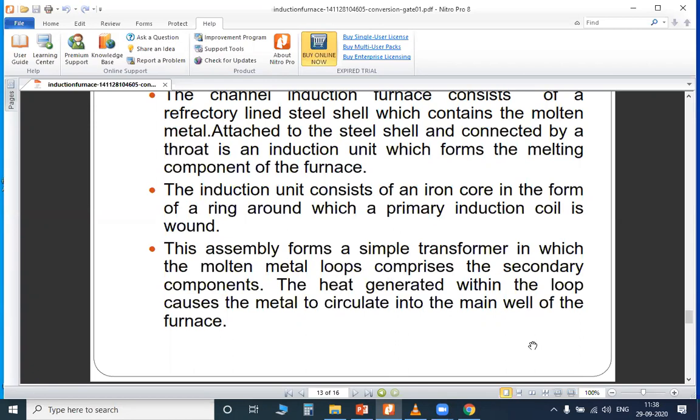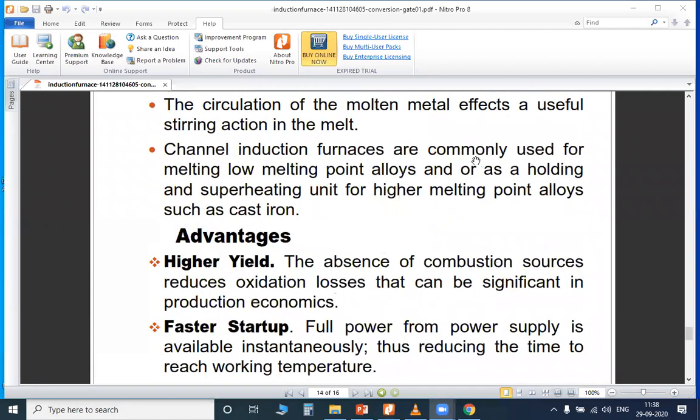The heat generated within the loop causes the metal to circulate into the main well of the furnace. The circulation of the molten metal produces a useful stirring action in the melt. Channel induction furnaces are commonly used for melting low melting point alloys, whereas the coreless induction furnace is used for steel, iron, and non-ferrous alloys.